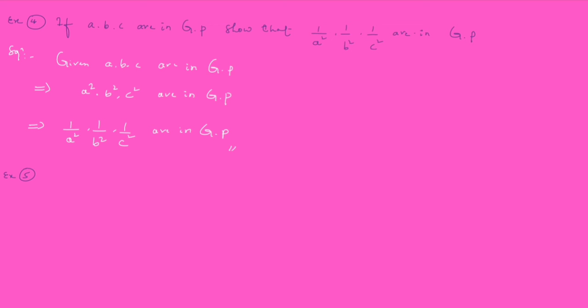If a, b, c are in GP, then prove that a square plus b square, ab plus bc, b square plus c square are also in GP, right? So the solution is,